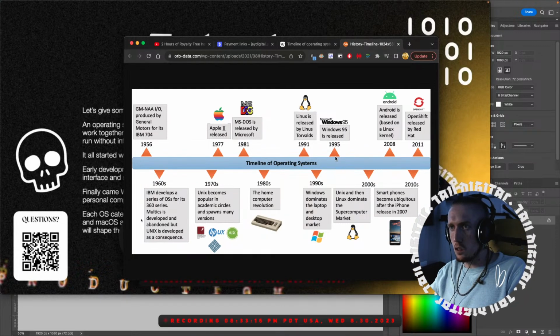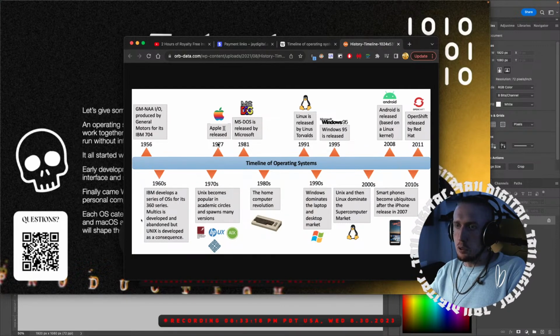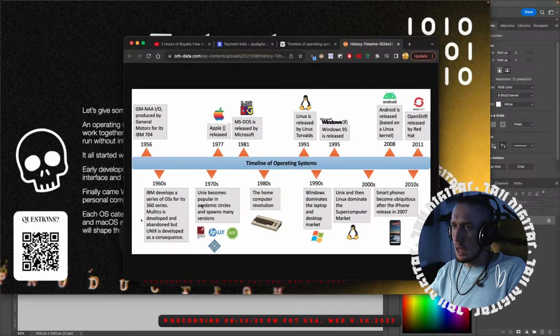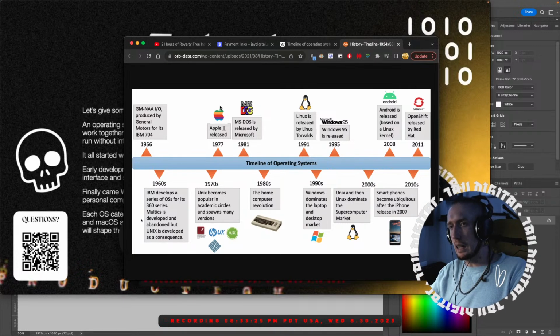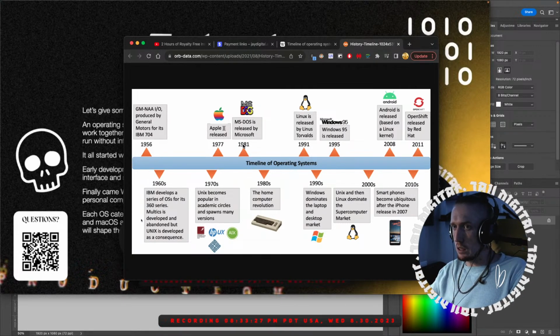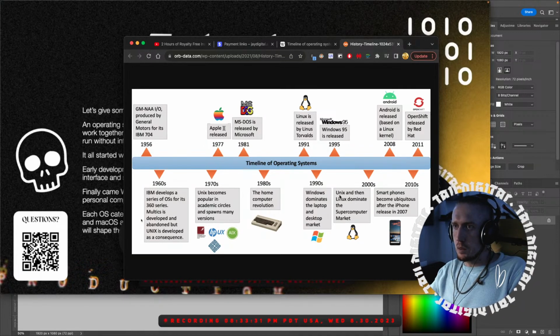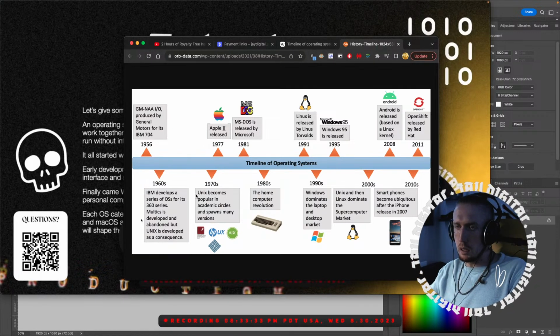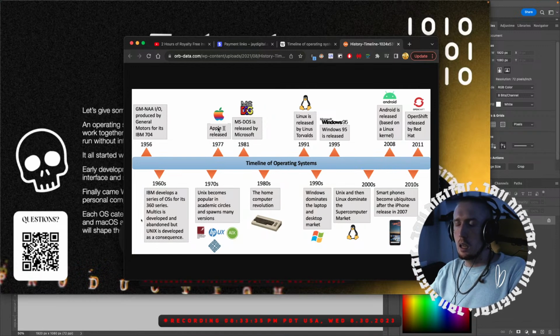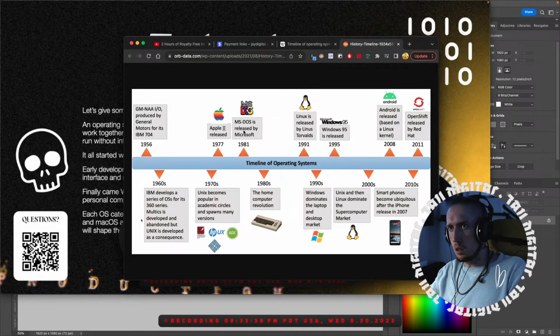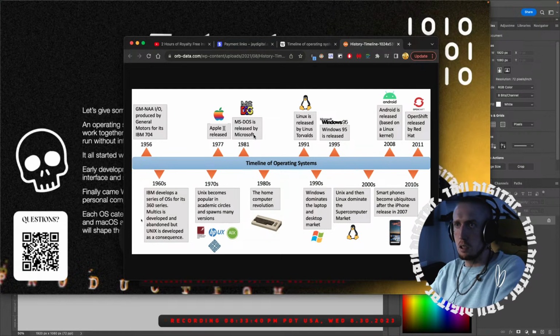Windows 95 is over here. So Apple started sooner and utilized Unix to branch off to. So it's technically a branch of Unix, which ends up being Linux. Linux is more down here, but Unix is where it started. Apple, then MS-DOS was released by Microsoft.